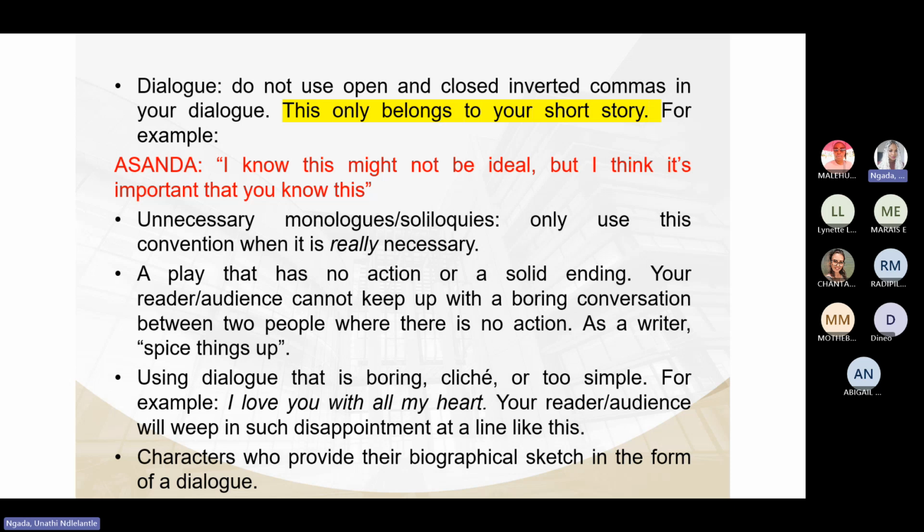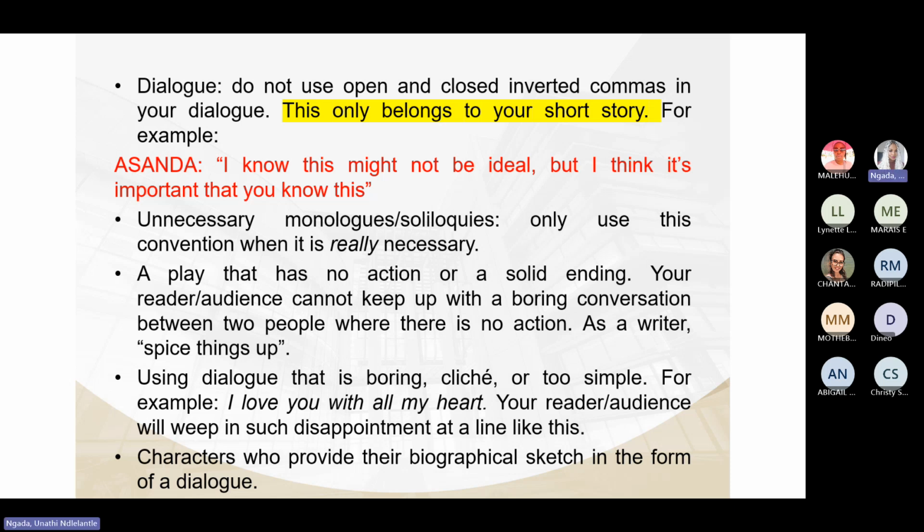Avoid writing a play that has no action or even a solid ending. This is simply because your reader, and your reader here in this case is the marker, cannot keep up with a boring conversation between two people where there's literally no action. So as a writer, you have to try and spice things up, be very creative, blow your reader